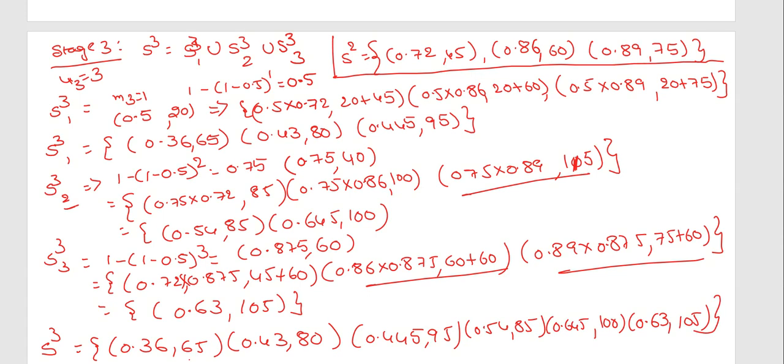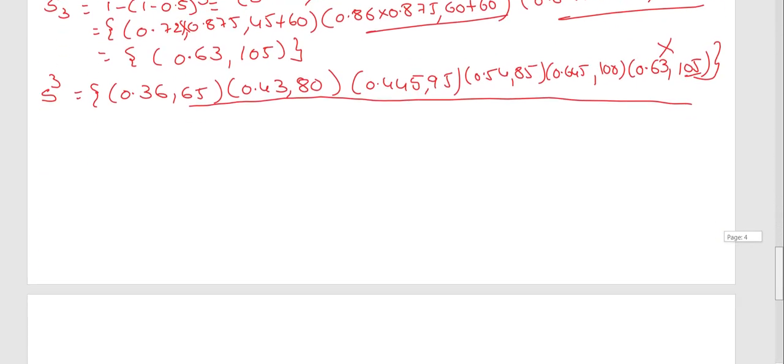Now at stage 3, what is the maximum cost they are given? The maximum they are allowed is 105. So checking for a cost of 105 whether it is available or not. Along with each and every state, you have to implement the dominance rule. What do you mean by dominance rule? Less reliability, more cost. That is the first important thing. Based on this, here this has more cost compared to this one, but less reliability. So you have to eliminate this one.